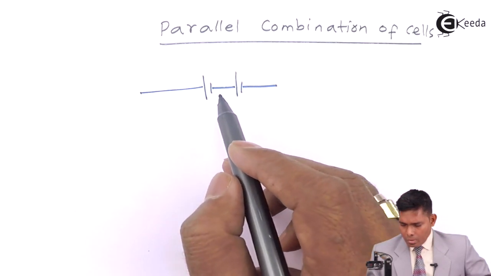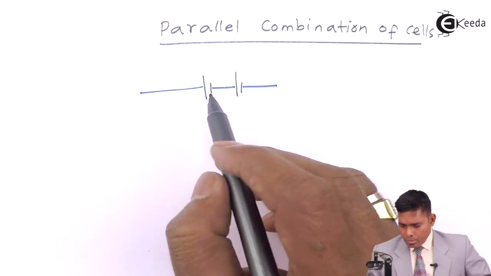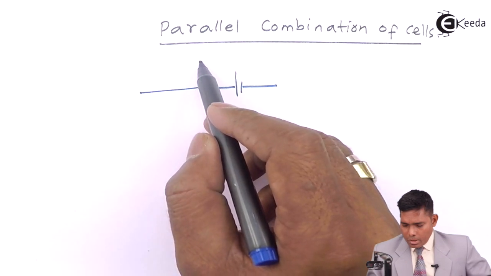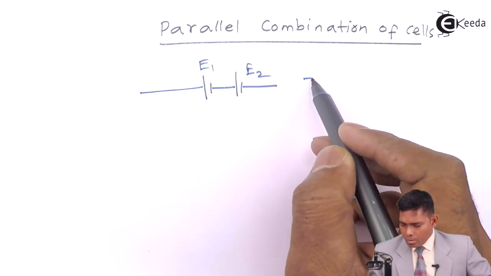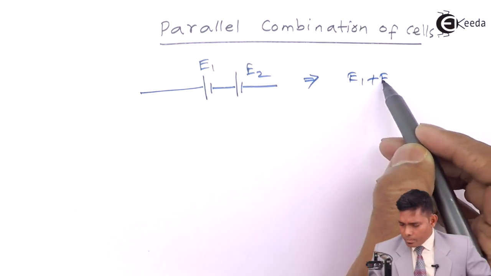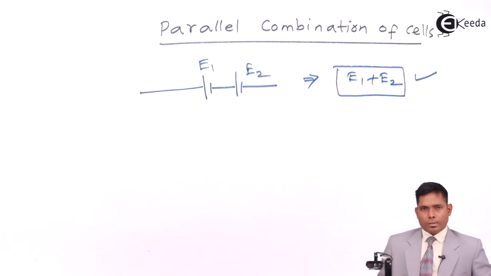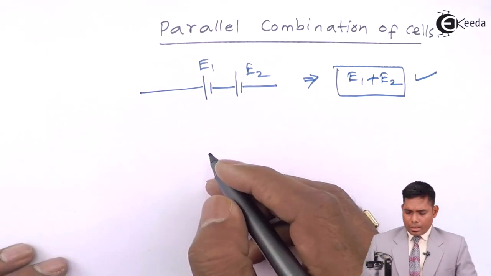I have taken two cells in series. So in series we discussed that if this is E1 and this is E2, the net is E1 plus E2. This is fine. Now in case of parallel combination like this,